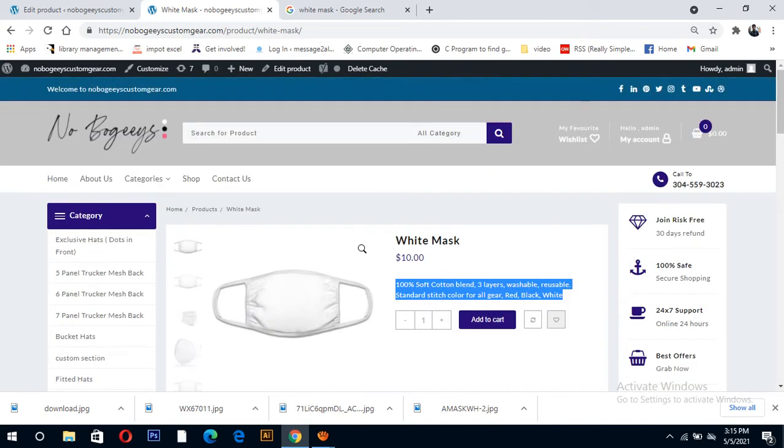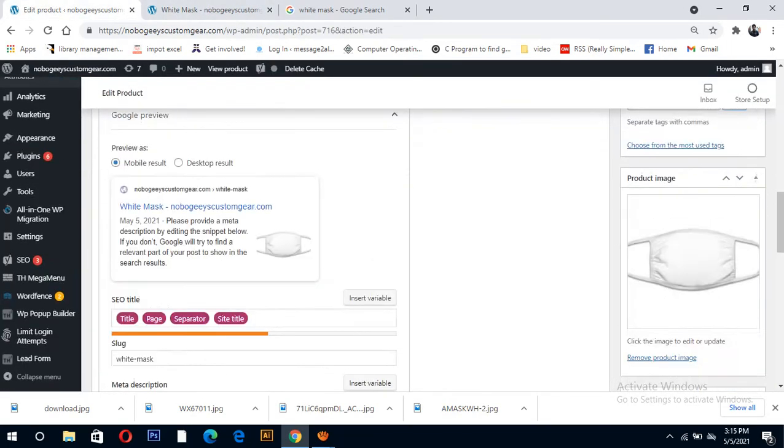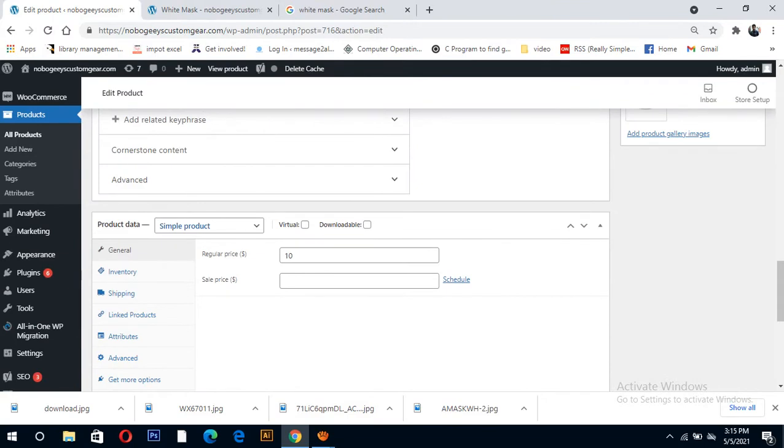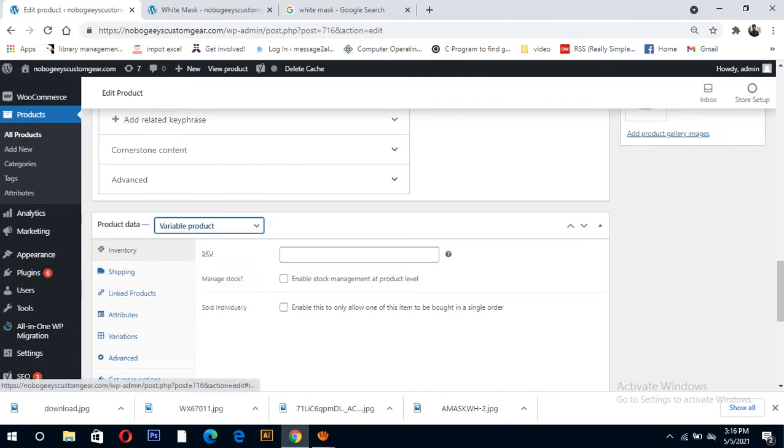If you want more options, different colors and different sizes, I can show you now how to add this option. Go to this page and choose variable product here, there is external product and variable product. First select product data as variable product, then attributes.